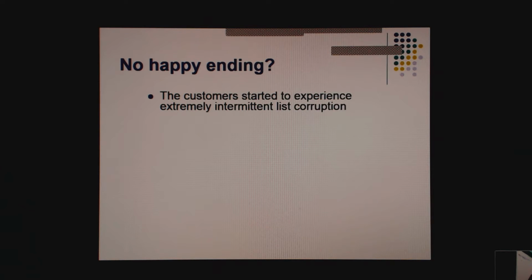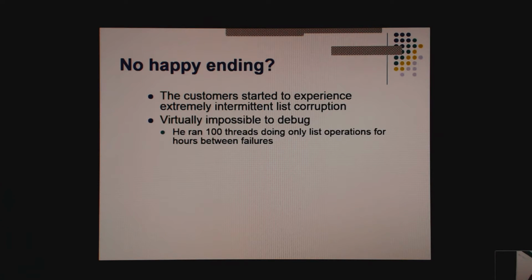The customers started to experience intermittent crashes due to allocator corruptions, like the same object being doubly allocated and things like that. It was virtually impossible to debug. Okay? In fact, he ran 100 threads doing only list operations on his box for hours between failures. What could go wrong?